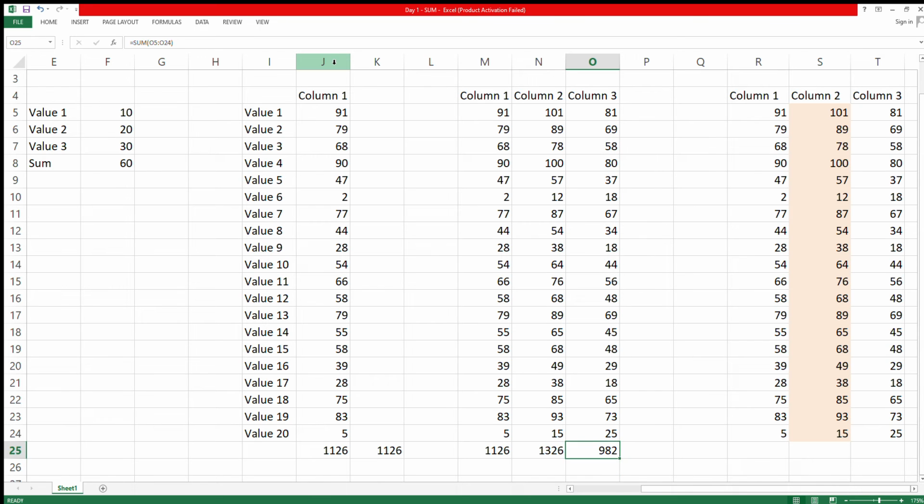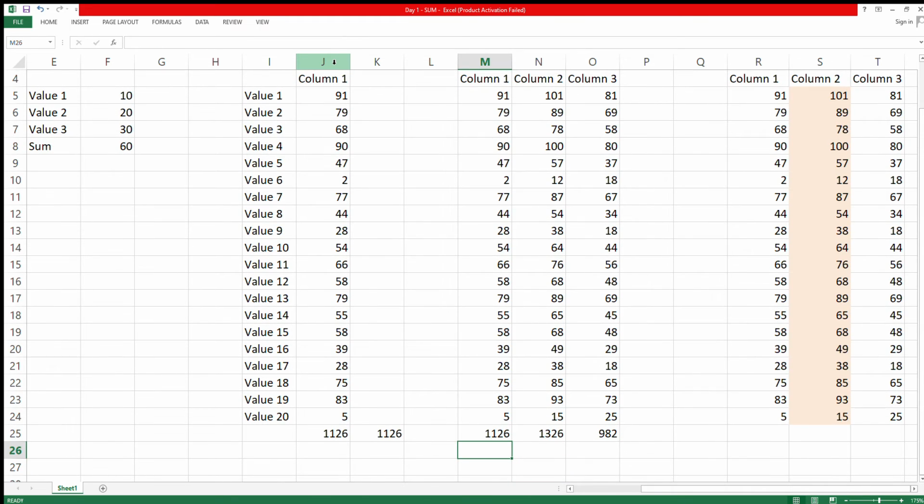So now three columns are selected, and our sum is the sum of this range. We have done sum four times actually, but there is a much easier way to do that. Again in sum, instead of selecting only one column, we will select all three continuous columns. If we close the parenthesis and press enter, see, we get the same number.